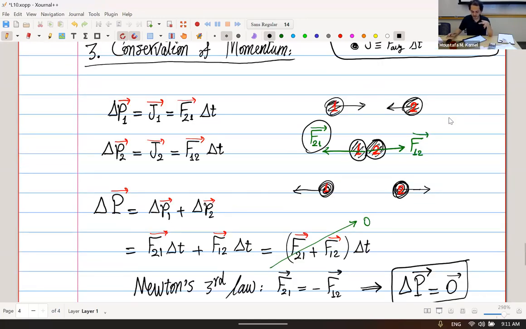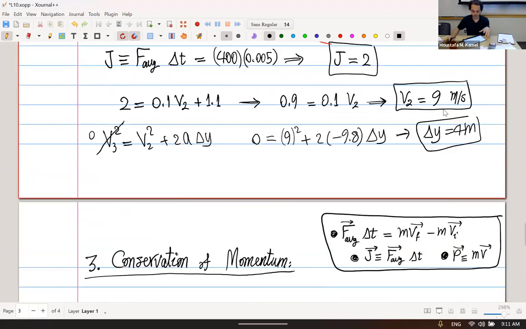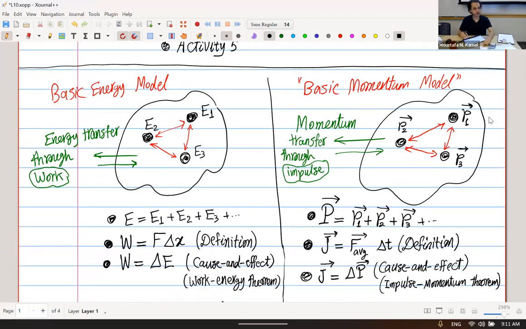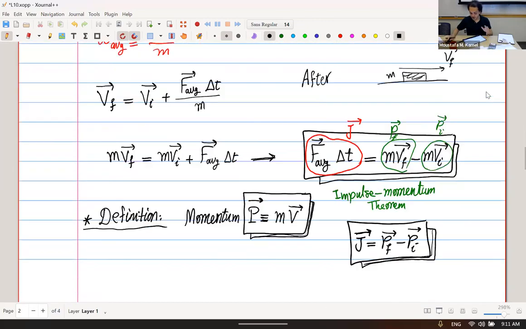Because once we have the system as combining both objects, these forces F12 and F21 are now internal forces, not external forces. And we discussed earlier that only external forces can change momentum from the model above here. Only external forces can change momentum, but all these red arrows inside are internal forces. So if forces are internal, then Newton's third law ensures that all of them are equal and opposite in direction, and they cancel once we combine them in the big system. So this is the basis of